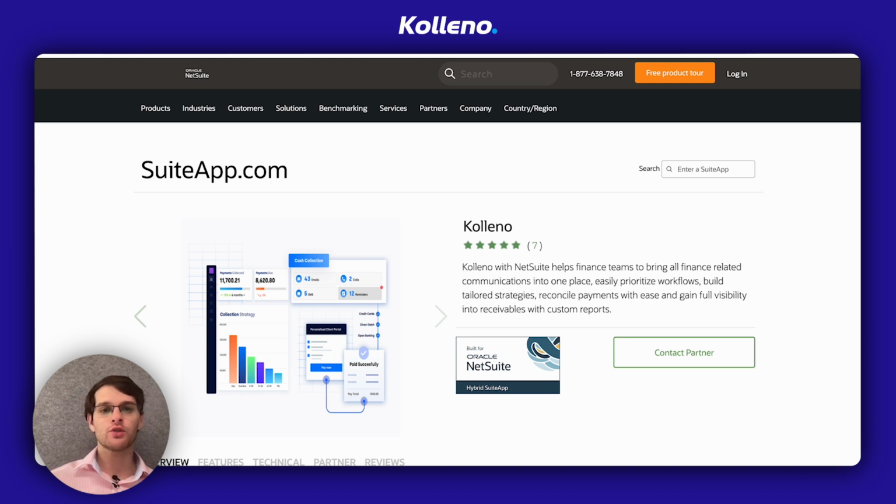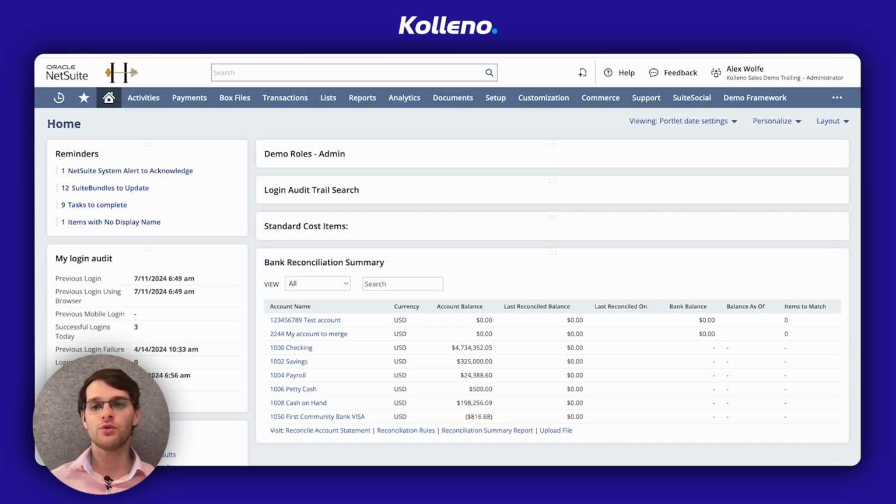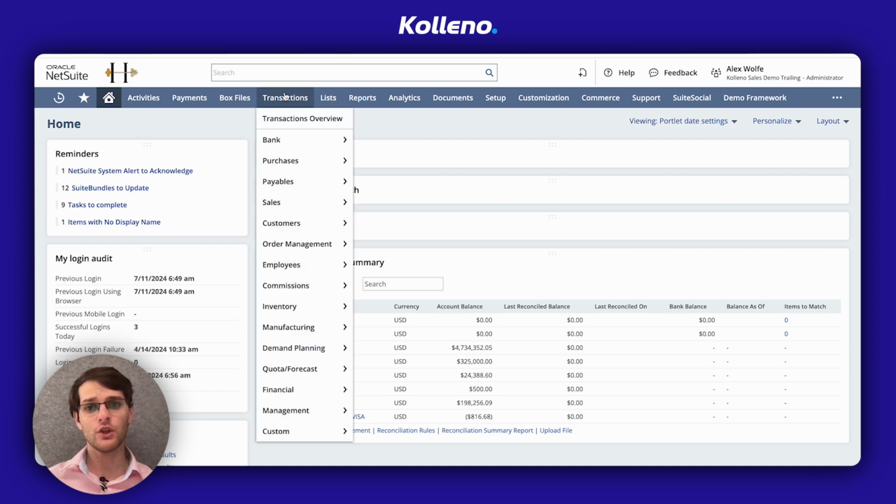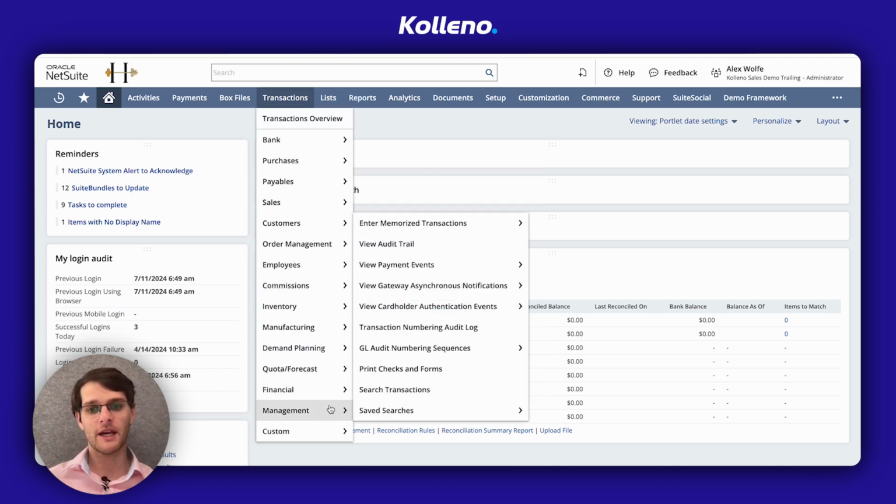Today I'll show you how to set up a GL audit numbering sequence in NetSuite. The first thing to do is to navigate to the GL audit numbering, so you can do it from the period close checklist by clicking on the GL audit numbering icon. Alternatively, and that's what I will do today, is to go to Transactions, Management, GL audit numbering sequences, and then